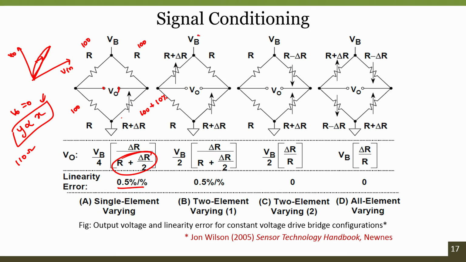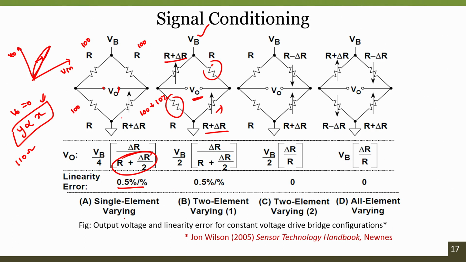So, you have another topology here, the 2 element varying bridge. In these 2 element varying bridges, you have the same type of resistance change, and adding in this way. Why should we not add here, why should it always be added in this configuration? Because when we add here, if both are changing at the same rate, the output voltage that we observe will remain the same, it will not change, even though the sensor is changing with respect to the load, right. When we have the same resistance change, the effect will never be seen.